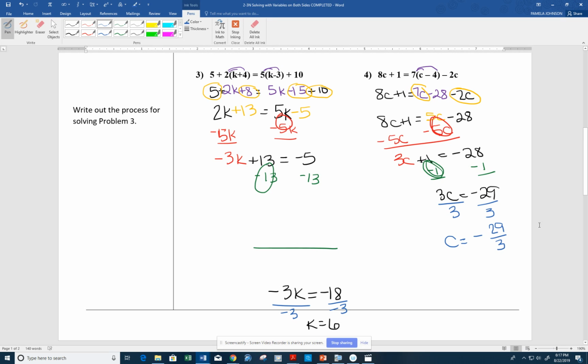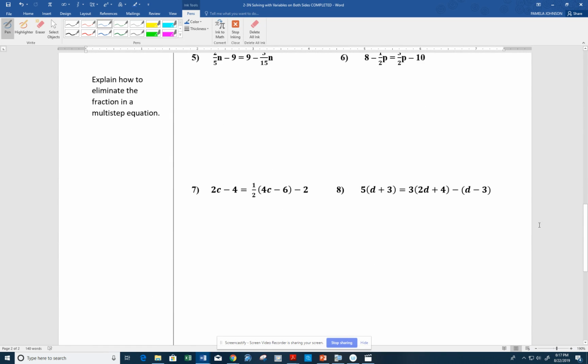Yes, folks, we are going to leave it there. We do not want a decimal on this. Just leave it as that improper fraction. Okay, again, with algebra, we're going to leave it as an improper fraction because later when we start talking about linear functions and linear equations, we use those improper fractions to actually graph our linear function. So we're just going to leave it as an improper fraction for now. Okay? All right, let's flip the page,